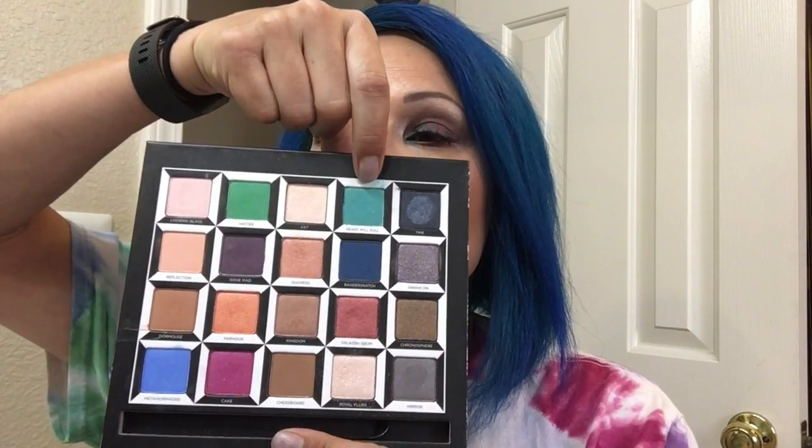Today I used this row right here, and I have been going through the rows. I've played with all of the shadows. However, I wanted to try to create looks for each different row. I do have pictures of the looks that I have created, and they are on my Instagram. I linked it below, so if you are interested in checking out those looks that I created, please do